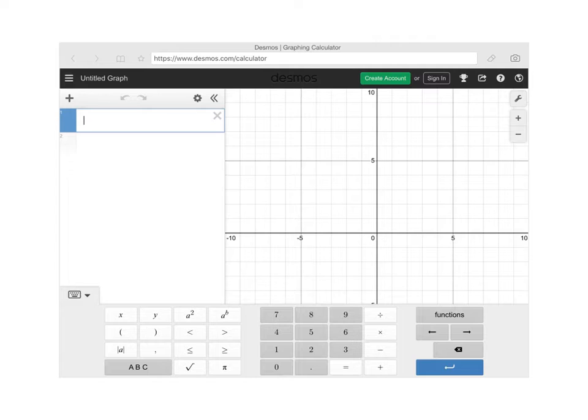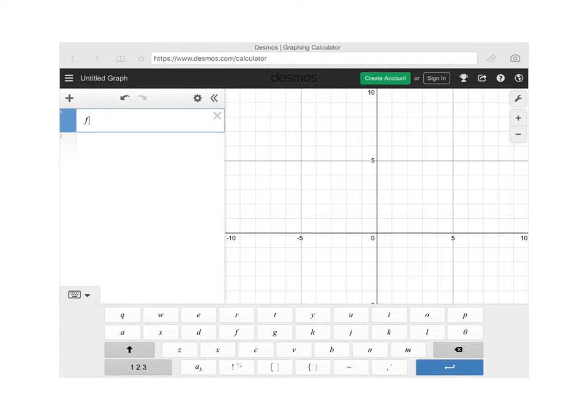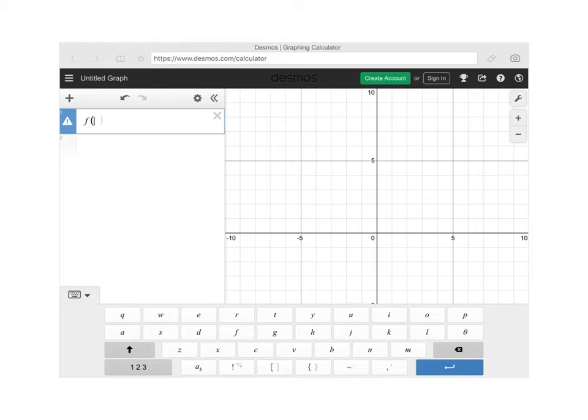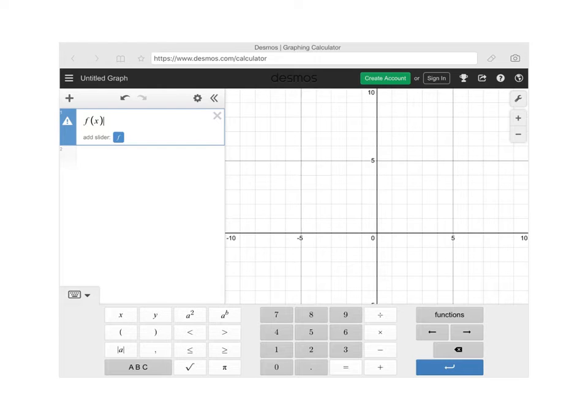Sorry, I'm looking at my choices here. I'm going to just do f. I need parentheses, which I guess are here, right? Yep, of, oh, x is there. x equals x squared. Okay, and there it's going to give you that nice red parabola, very basic, opens upward, goes